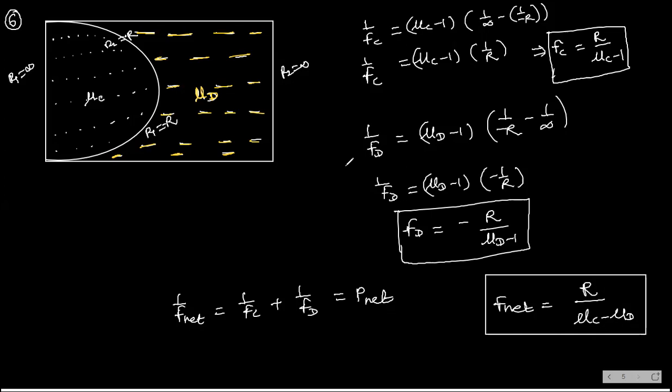Understood? So this is nothing but all lens maker's formula applications. This is one plano convex lens, and this is a plano concave lens, right? So just this part and this part, if you combine the focal lengths by substituting all that, you will get this. That is not at all the issue, not that much difficult. Understood? Yes, you can just substitute and do it yourself. Very, very easy. Clear?